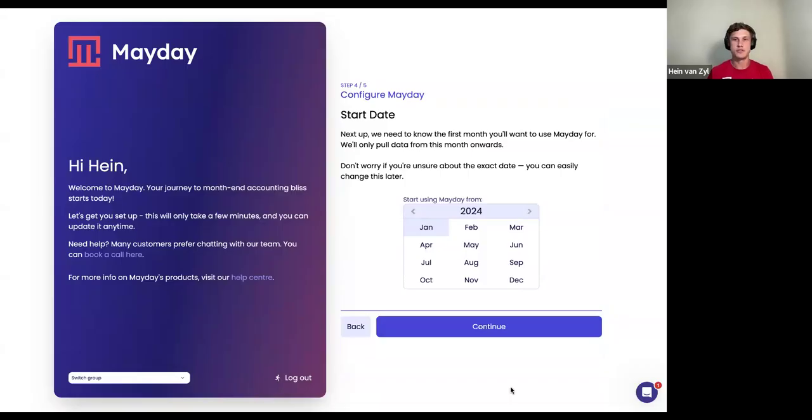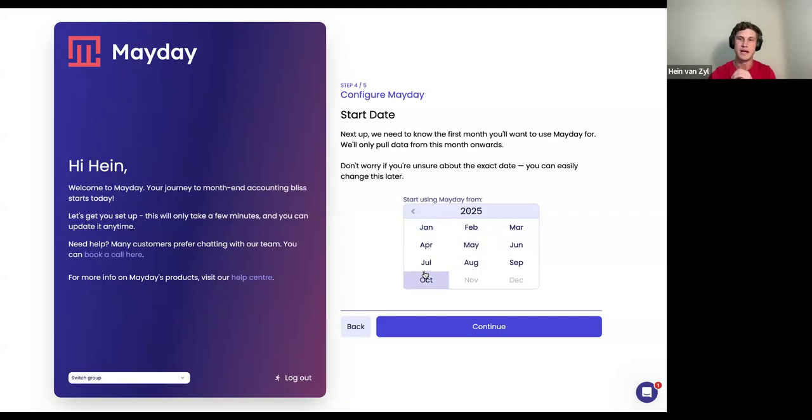And then we give you the opportunity to choose your start date. Now your start date is the date at which we start pulling information from Xero and start displaying it within Mayday. Normally, we advise that for your intercompany balances or recharges, it's the date where you know your intercompany balances last balanced. So in our example, we know the last time our intercompany balanced was in January 2024. So we've chosen to pull data all the way back from Jan 2024. But if you want a more recent date, you can always select the date most applicable.